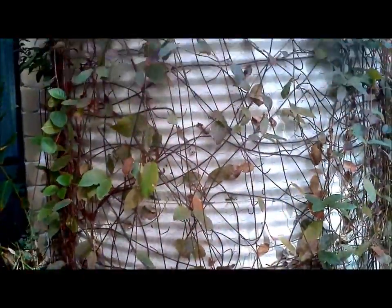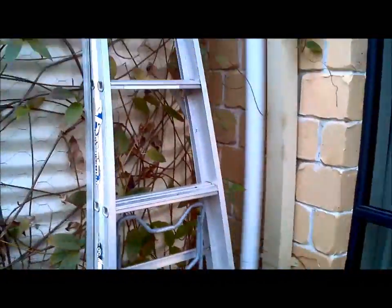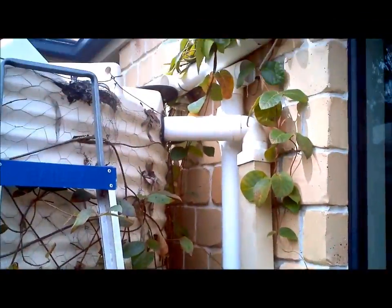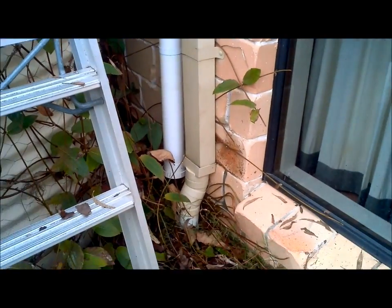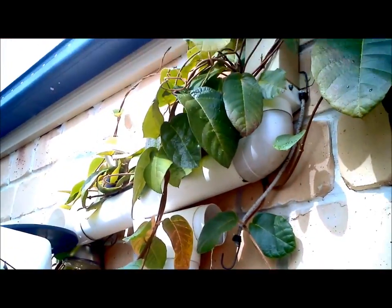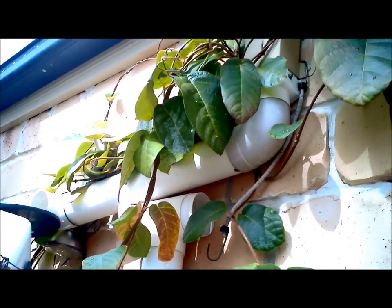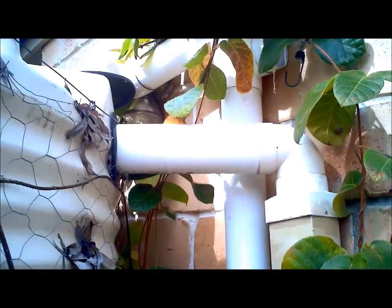So here we have the water tank capturing the water from the roof. Now what's happened with this over the years is you'll see on here, right beside that outlet that goes down into the ground, is what's called a first flow diverter, and you can see that's currently not connected because it kept falling off. So what I'm going to do is I'm going to get that down, clean it up, and